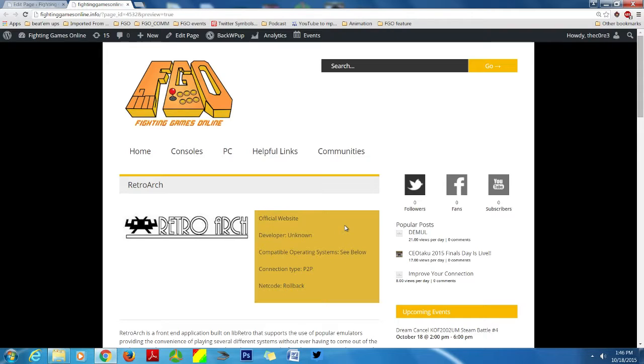Now, of course, the biggest thing that I think is great about RetroArch, to me, is that it runs on rollback technology. If you guys are familiar with GGPO, if you're familiar with Fightcade, you know that those are pretty big for fighting games because of the rollback technology and the fact that it's focused upon having good inputs when you're playing online. So that's kind of why I want to go over this today.